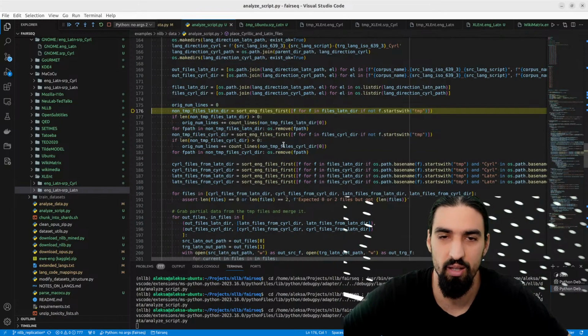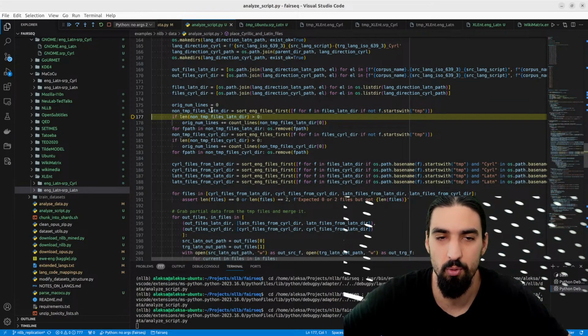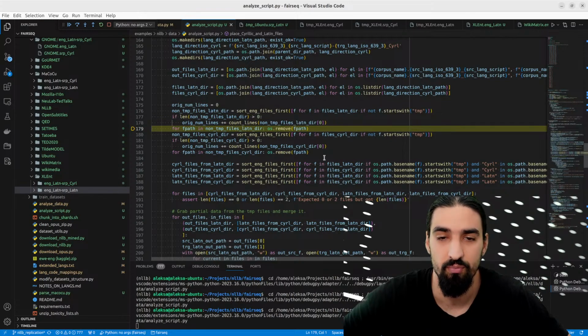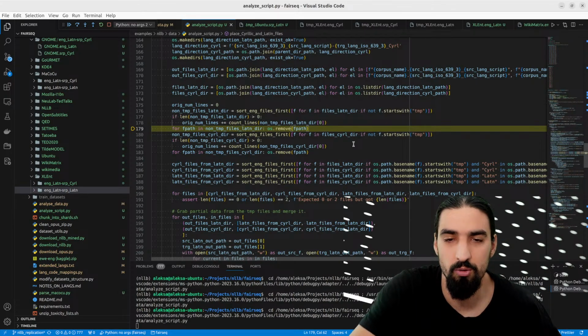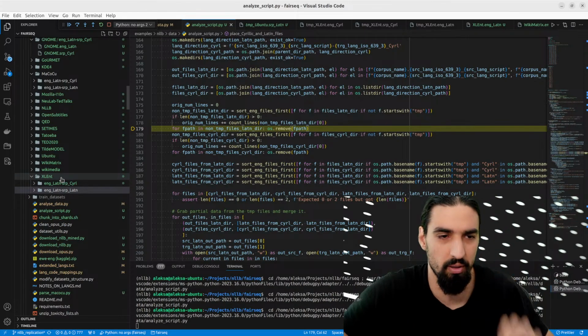Okay, and then we go. So let's pick up those which are not temporary files. In the Latin, there is nothing. And then we remove the original ones. So we can remove, okay, maybe better not do this now while we're debugging. So I'm going to just, or I can just duplicate this particular